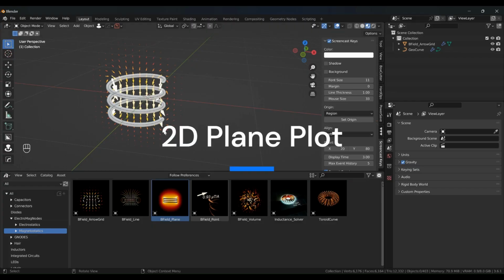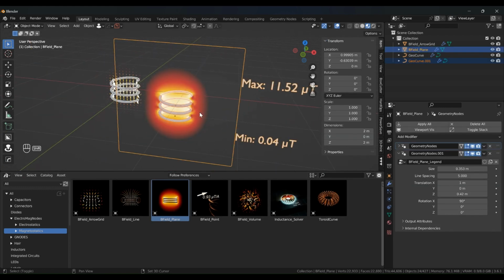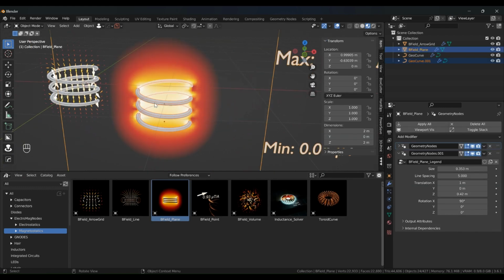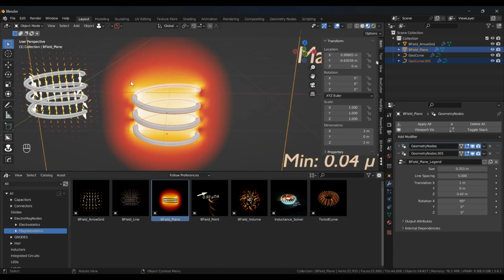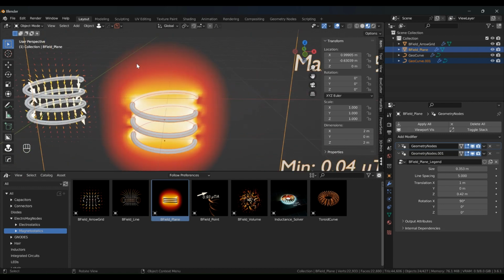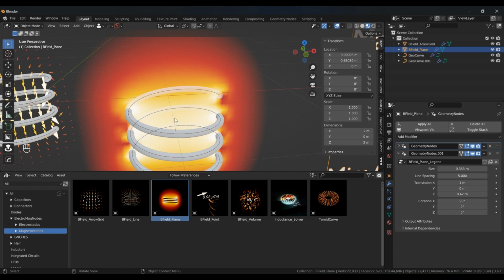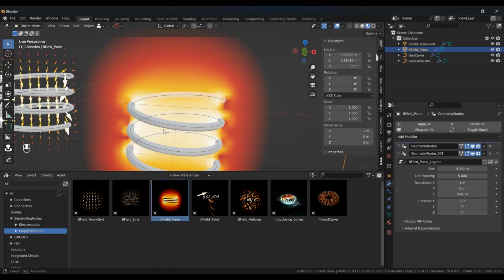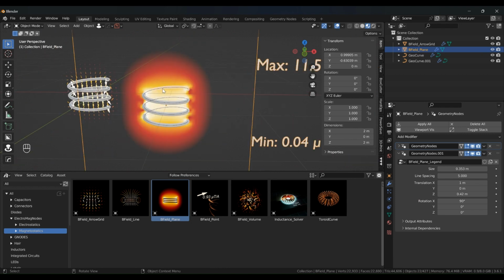The next node that we'll have a look at is the B field plane. So let's drag and drop this in our scene. And again, this will also come with its own curve in the scene. And with this one, basically, it shows you a heat map of the magnetic field. So it's stronger and white and brighter in the center and less bright and red outside of this,